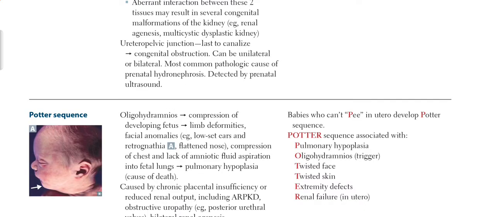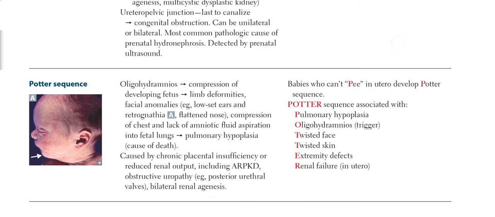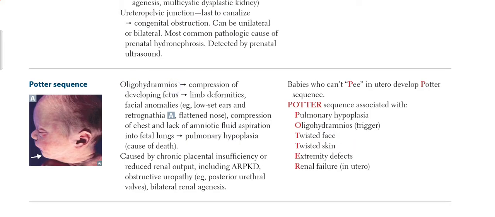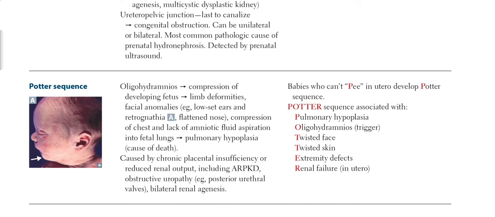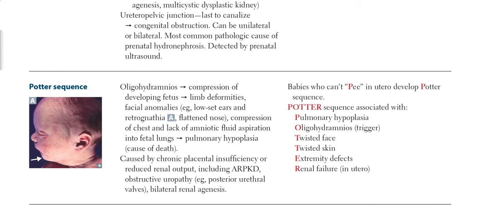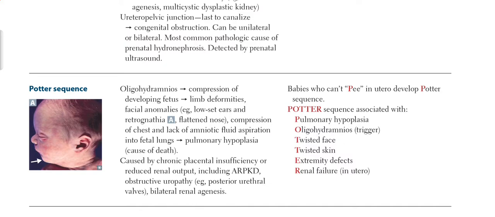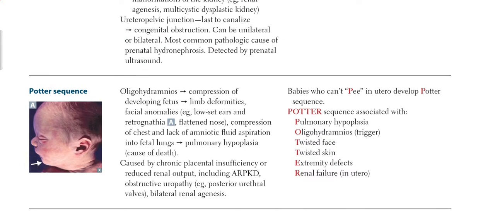One of the important congenital defects happening in the kidney is the Potter sequence. Potter sequence is pulmonary hypoplasia, which is caused by oligohydramnios. Oligohydramnios can cause compression of the developing fetus, leading to limb deformities and facial abnormalities like a twisted face, twisted skin, and a twisted jaw, which is called retrognathia, where the jaw goes backward, and a flattened nose,